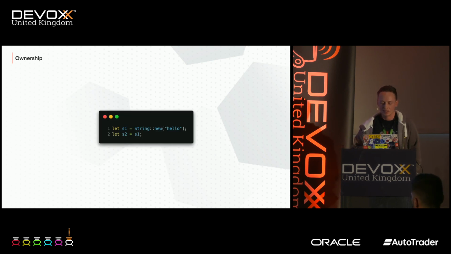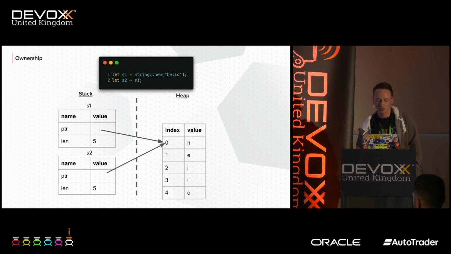But what happens in this case? It's really not obvious what the right thing to do here is, and depending on who you ask, they might have different assumptions about what should happen here. So there are generally two ways to handle this. You can either copy the stack variable, so that's the pointer, and then you have two pointers to the same space in the heap, yeah?